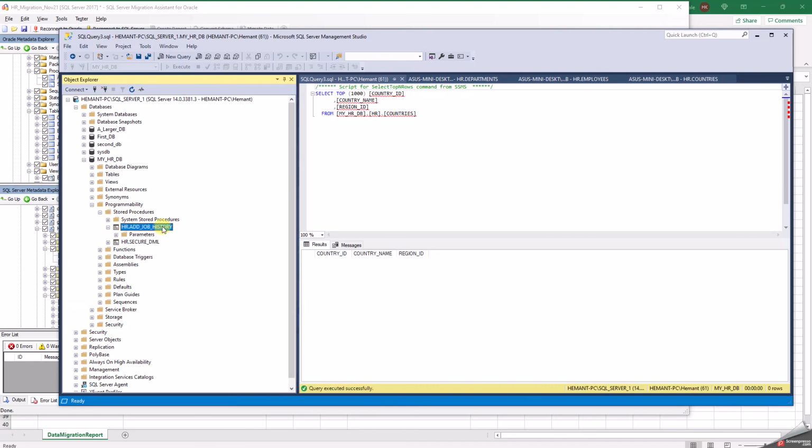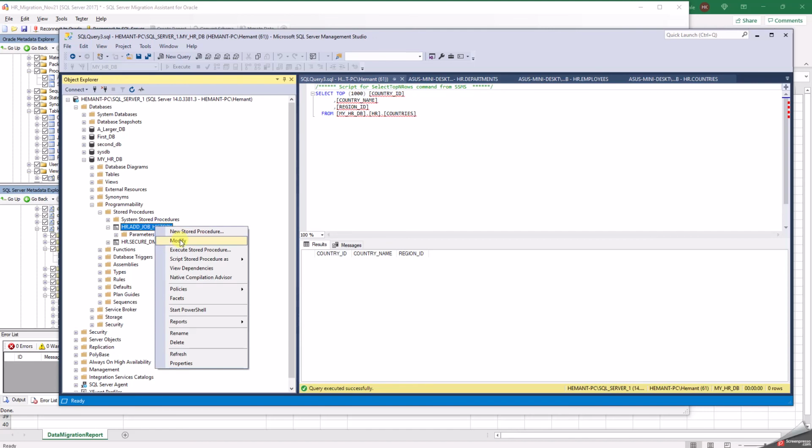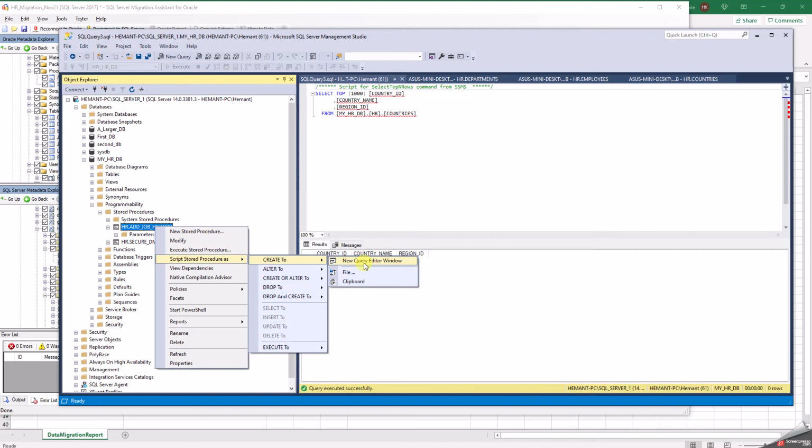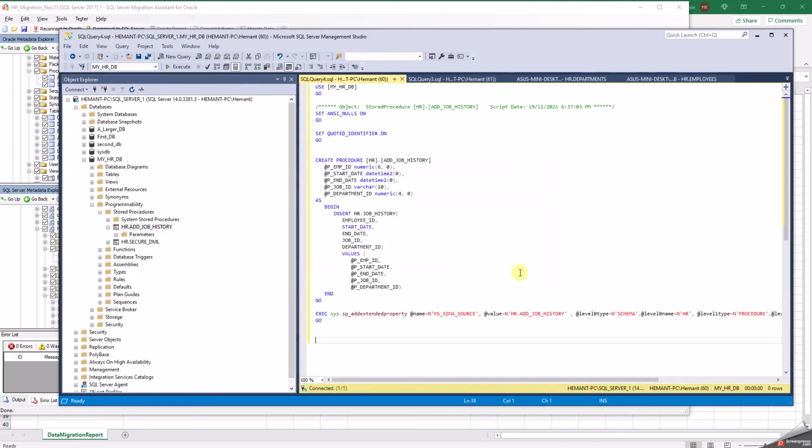So here I can see the procedures got created. I'll just put it into a query window and you can see. Okay, so this is the procedure that got created here. And it shows me what the parameters for that procedure are as well.